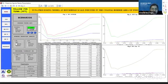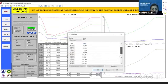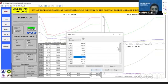Here we can see in figure 1 the yellowfin tuna stock, and the red line is the total of yellowfin tuna stock, and the real data period we get is 2012 until 2017. Here it can be seen that there was a decline in tuna stock. And the explanation for figure 1, based on the data, the tuna fishing in Belu Regency has reached the production quota in 2012, so that government policies in the form of limiting tuna